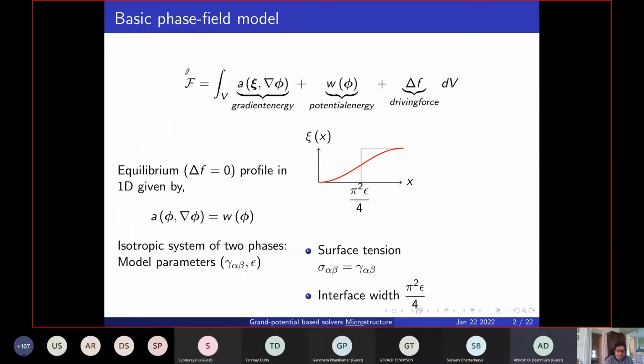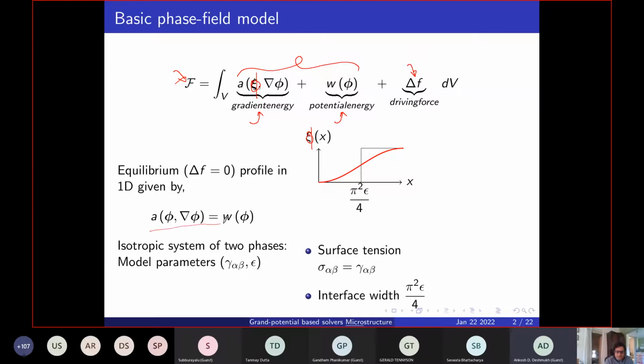The idea is, as I said in the overview as well, that any phase field model starts with a functional, and the functional has parts with respect to the gradient energy and the potential energy. The sum total of these essentially gives rise to the equilibrium interface, and then you have thermodynamic driving forces which tell you how your interface must be moving with respect to the phase transformation that you're addressing. So essentially you will have an equilibrium interface as a result of, okay, by the way, this should be phi. So this is also phi. So you have gradient energy and the potential energy, which give you the balance of these two,